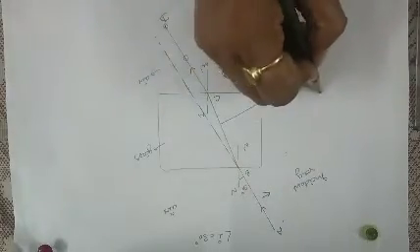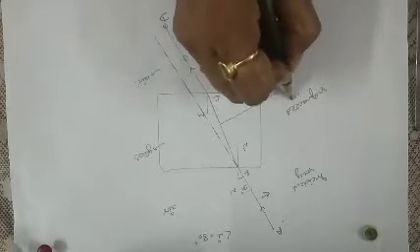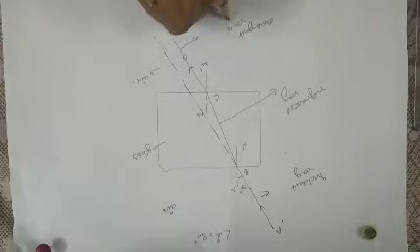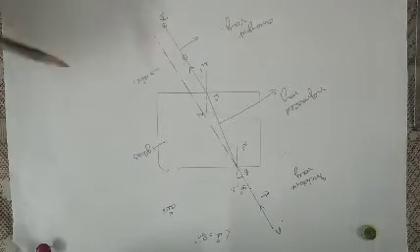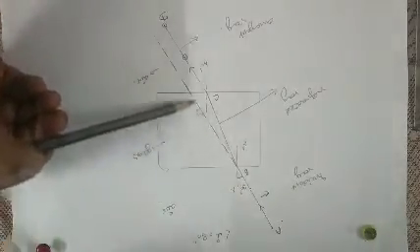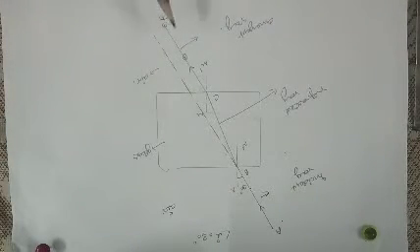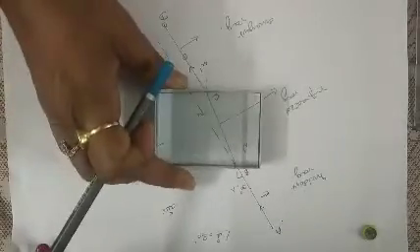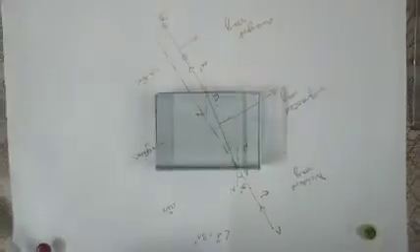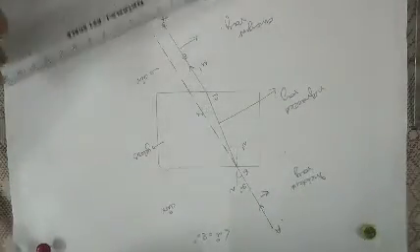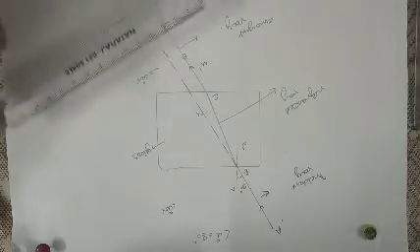This is refracted ray, and this is your emergent ray. Here you can see this emergent ray is parallel to the incident ray when it goes undeviated. But now this ray deviates because of the presence of the glass slab, that is the denser medium. Got it? If I keep it here, you can see the image. Can you see the refracted ray? It deviates from its path.